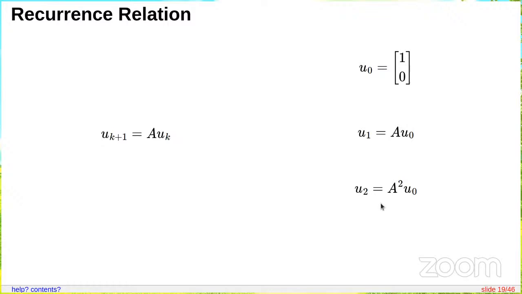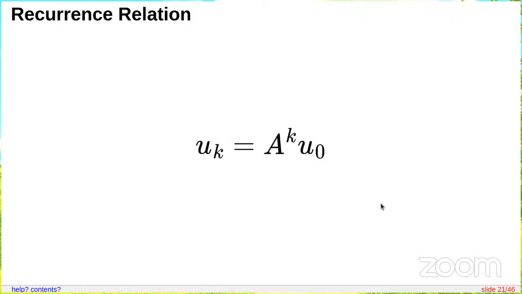So how do I generalize from here? I think we can say U_n equals A to the power n times U_0. I'm just going to use k: U_k is A to the power k times U_0. So is this equation clear to everyone? Yes, sir. If you're clear till this point, now